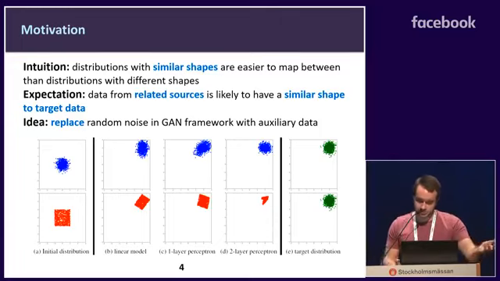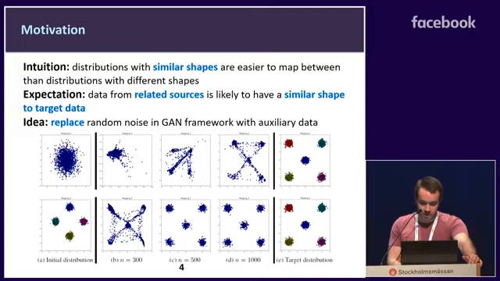And you see that naturally the linear model does quite well already. One-layer perceptron and two-layer perceptrons also will do perfectly fine. However, when we try to map a uniform distribution to a Gaussian distribution, what you can see happens is naturally the linear model doesn't do very well at all, but even the slightly increased flexibility of the one-layer and the two-layer perceptron still don't quite capture the mapping very well.